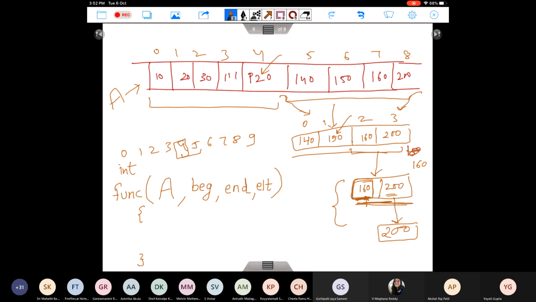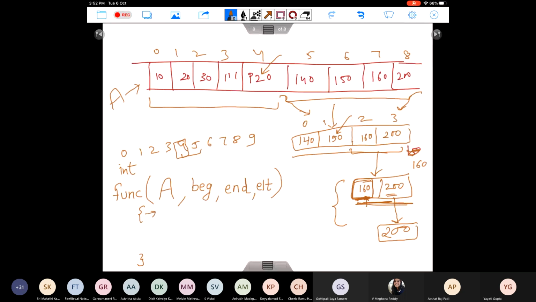What will be its complexity? Okay, we'll come to the complexity part. Let's finish off with this function.